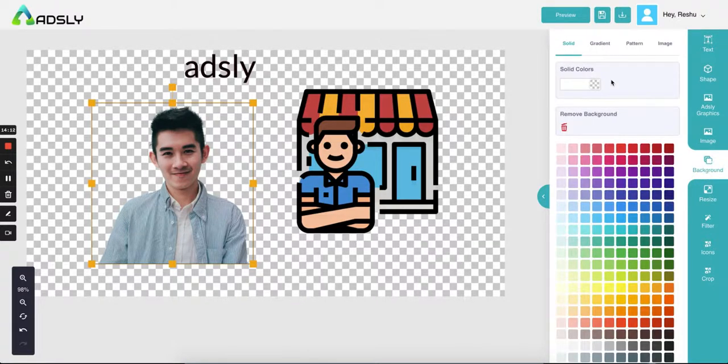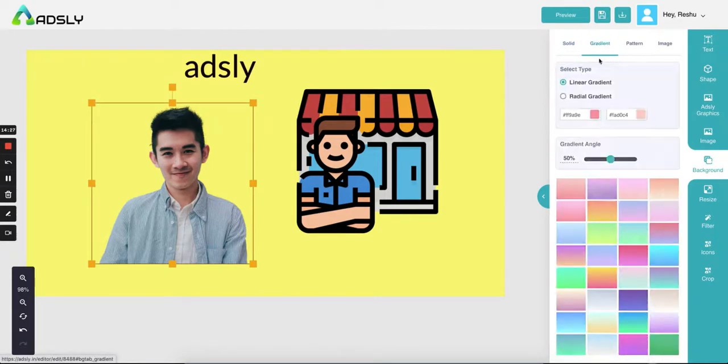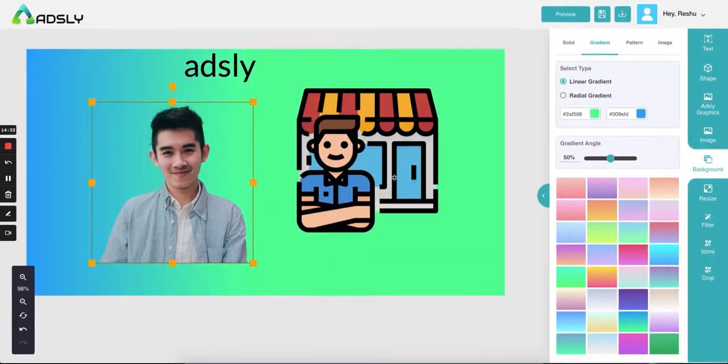Next comes the background option. Now you have four options for adding a background. One is solid. These colors or any color which you want to add, you can add the color code over here. Then gradient. Again, you can use our library or you can add the color code of whatever color you want.